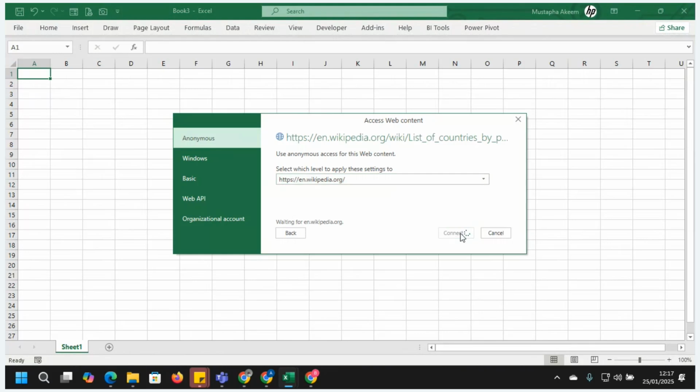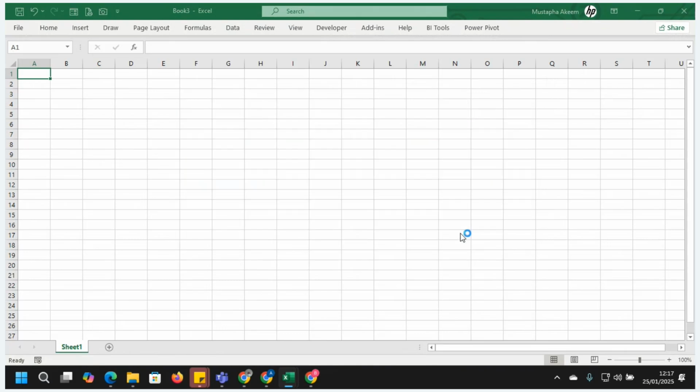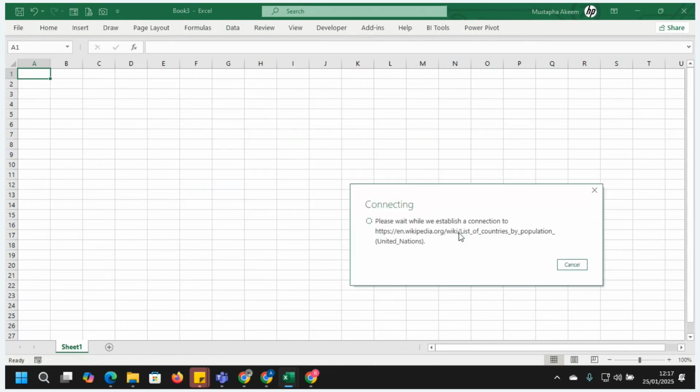You can see how Excel can be helpful connecting to online sources also. Wait while it's connecting. Excel is no longer just for typing names or typing numbers only.